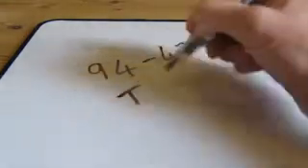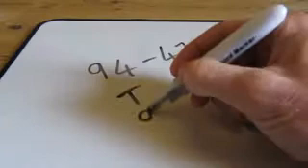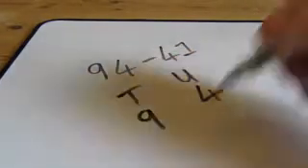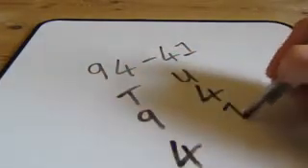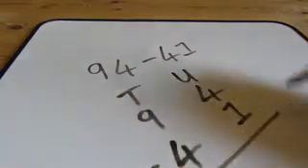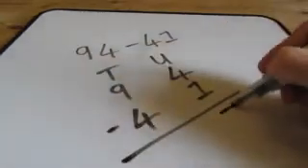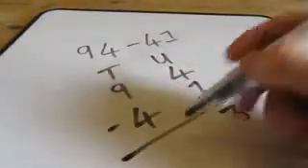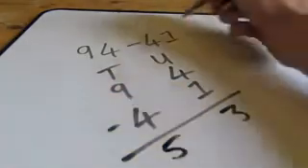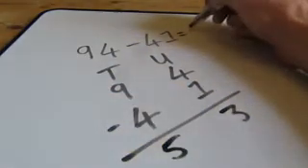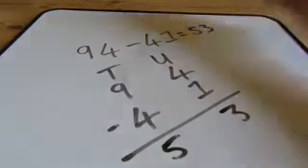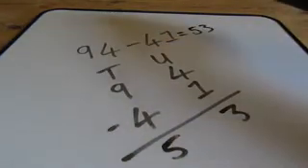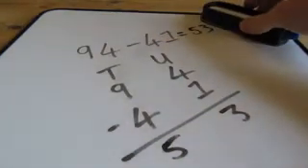We can see the same again with the following example of 94 subtract 41. We have our tens and our units. 94, 41. 4 subtract 1. Nice and simple. 9 subtract 4. Nice and simple, and that will give you 53. You notice I haven't had to borrow at this point,